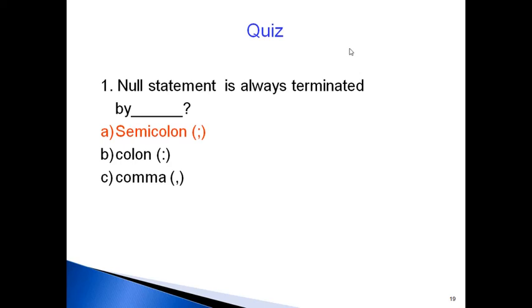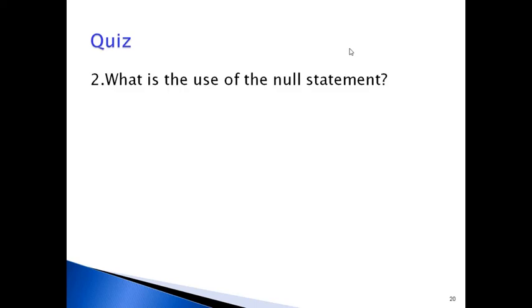As we discussed, a loop ended with a semicolon is called the null statement. The semicolon is the correct answer. Now the second question: what is the use of the null statement?